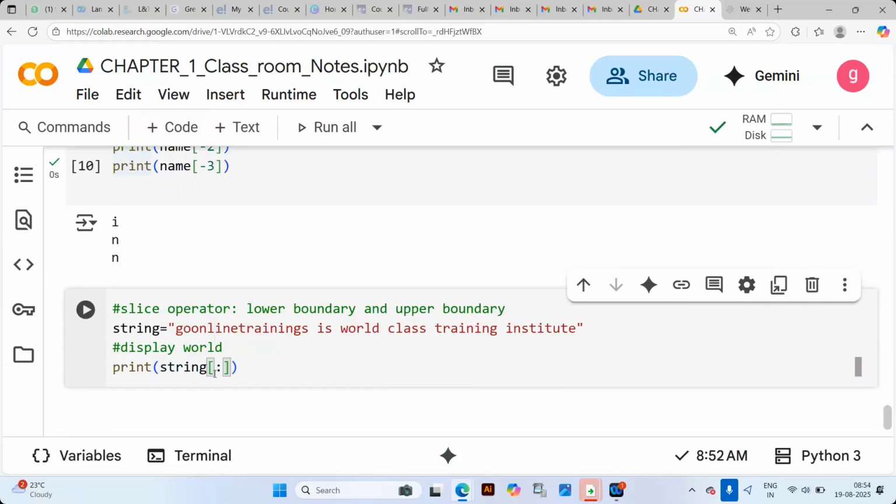Before the colon will be the lower boundary, and the upper boundary after it. What indexes should you specify such that world is displayed? That's homework for you now, an assignment. I'll take 2 minutes. Please write a number here, the lower boundary where world will start, and the upper boundary n-1, such that world is displayed.